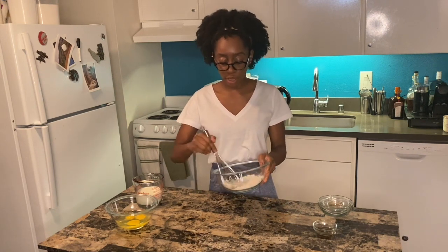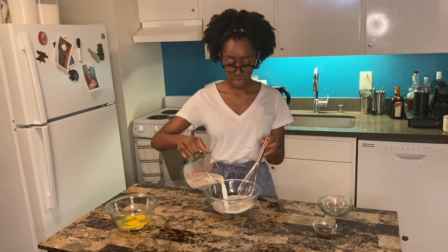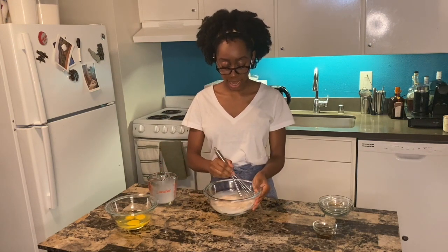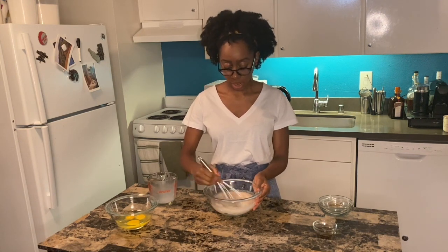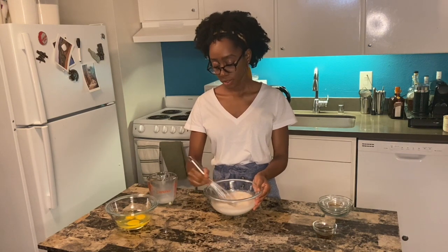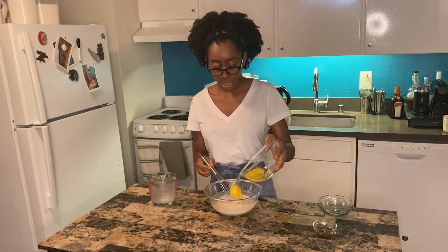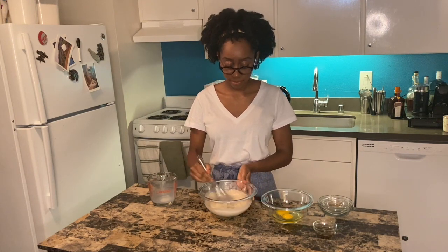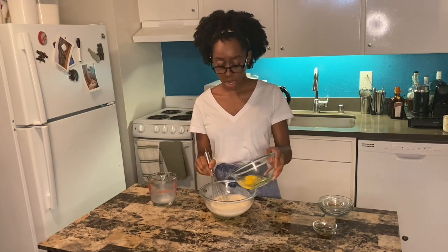And so once that is fully combined, you go ahead in with your milk and you just pour that in there. And of course, we whisk that together. We don't want any lumps, so you just give it your all. And then we take these eggs and we pour it in there one at a time. So I put 1 egg in, and then I'm whisking. And then I'm putting another egg in,